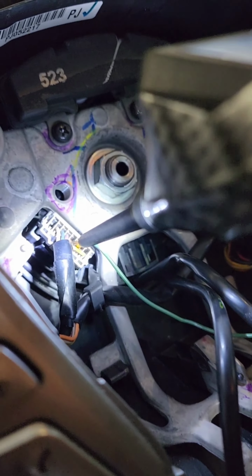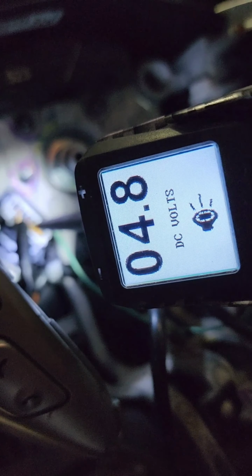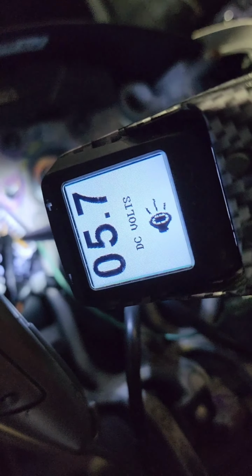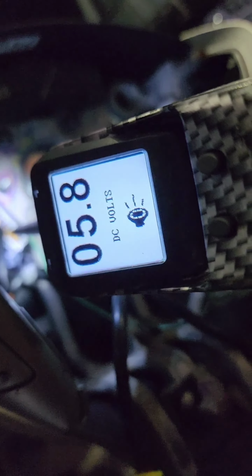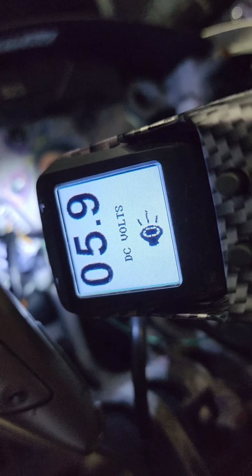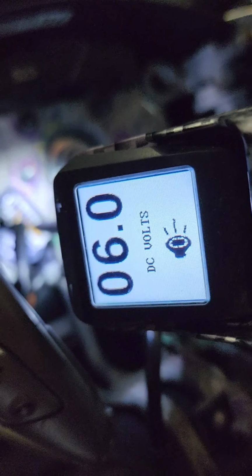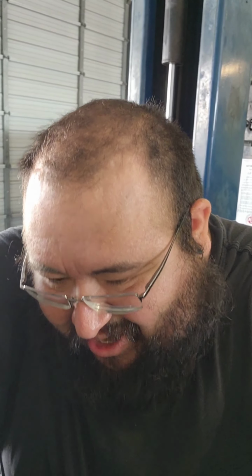Okay, well, I found at the horn, I'm getting about 5 volts. That should be full battery voltage right there. So yeah, I gotta see what's going on. I'm not getting the battery voltage I'm supposed to. So y'all may get a full diagnosing video from me. So let me check this out and I'll show y'all what I did to